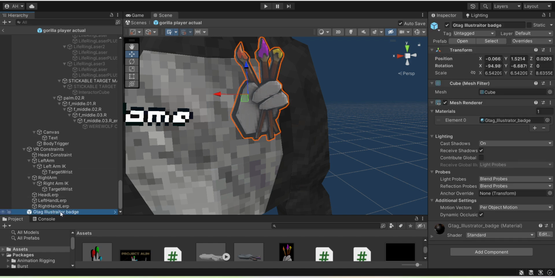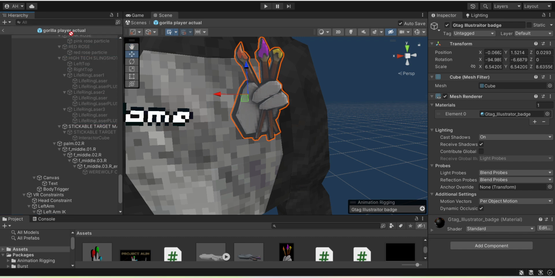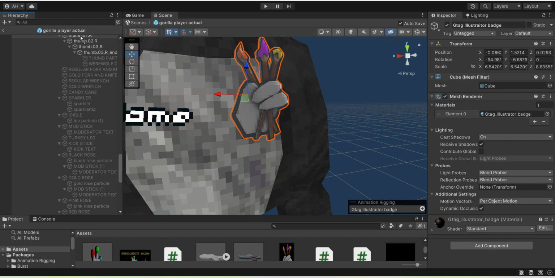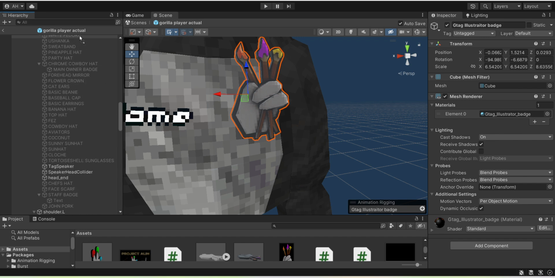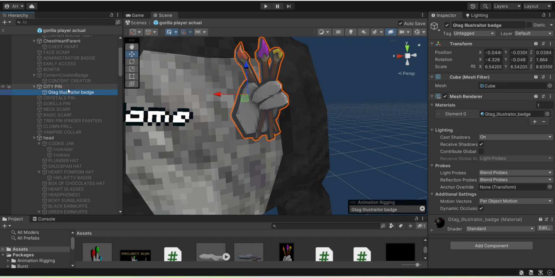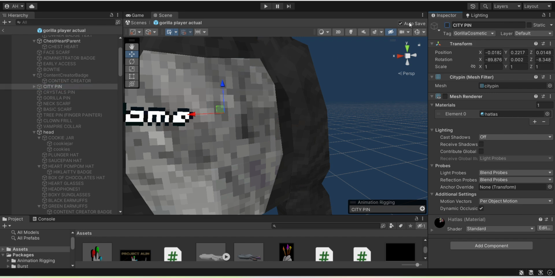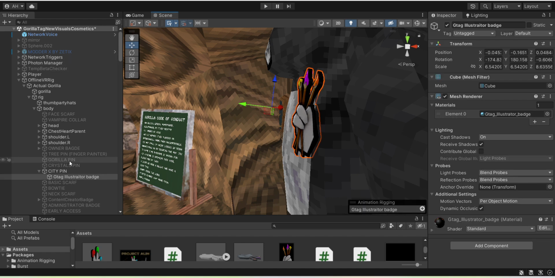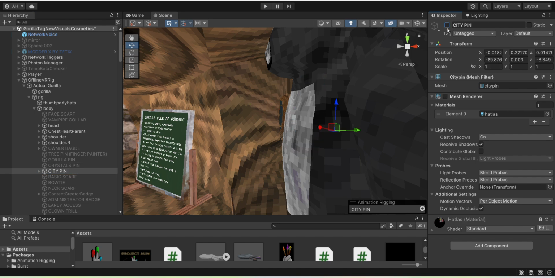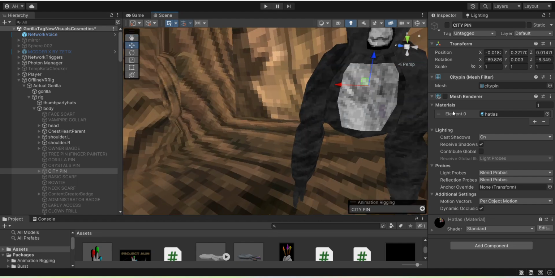So what you want to do again, right click, prefab, unpack completely, then drag this inside of the cosmetic you were doing. I was doing the city pin, so I drag it inside the city pin. Once I find it, here, drag it inside there. And then what you want to do is turn off the city pin and then go back to scenes and then go on to the city pin and then turn it off, and then finger pin or Illustrator should be